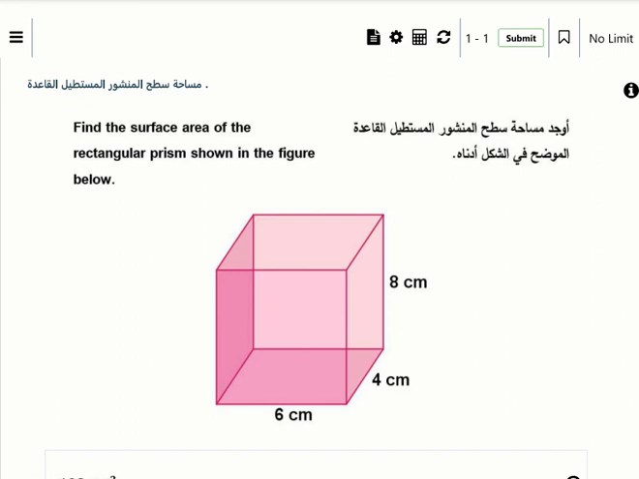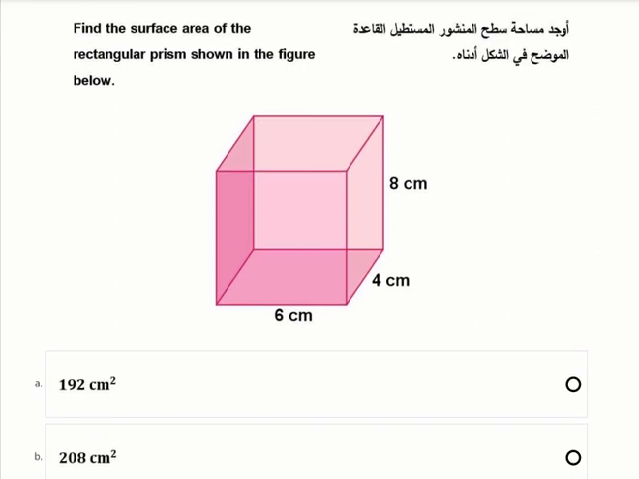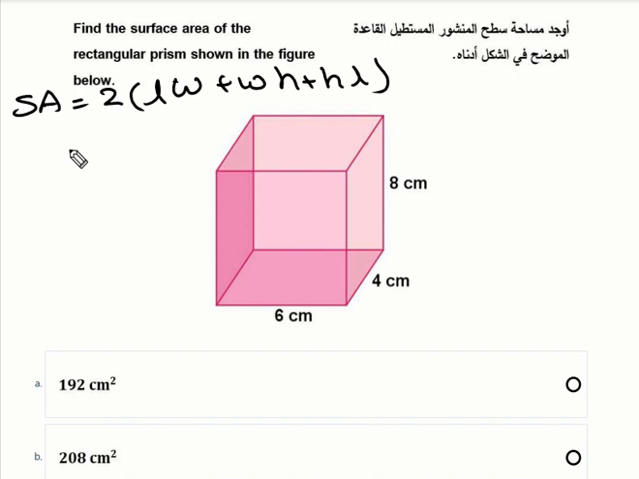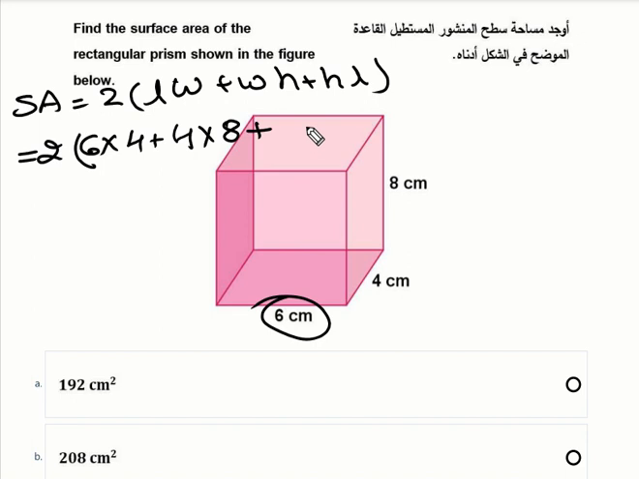Now for the surface area of the rectangular prism, what formula did I tell you for this? Surface area is equal to 2 times (LW plus WH plus HL). So it is equal to 2 times length, this is 6, multiplied by width, 4, then width 4 and height 8, plus height 8 and length 6. Now it is equal to 2 times 6 times 4, 24, plus 8 times 4, 32, plus 8 times 6,